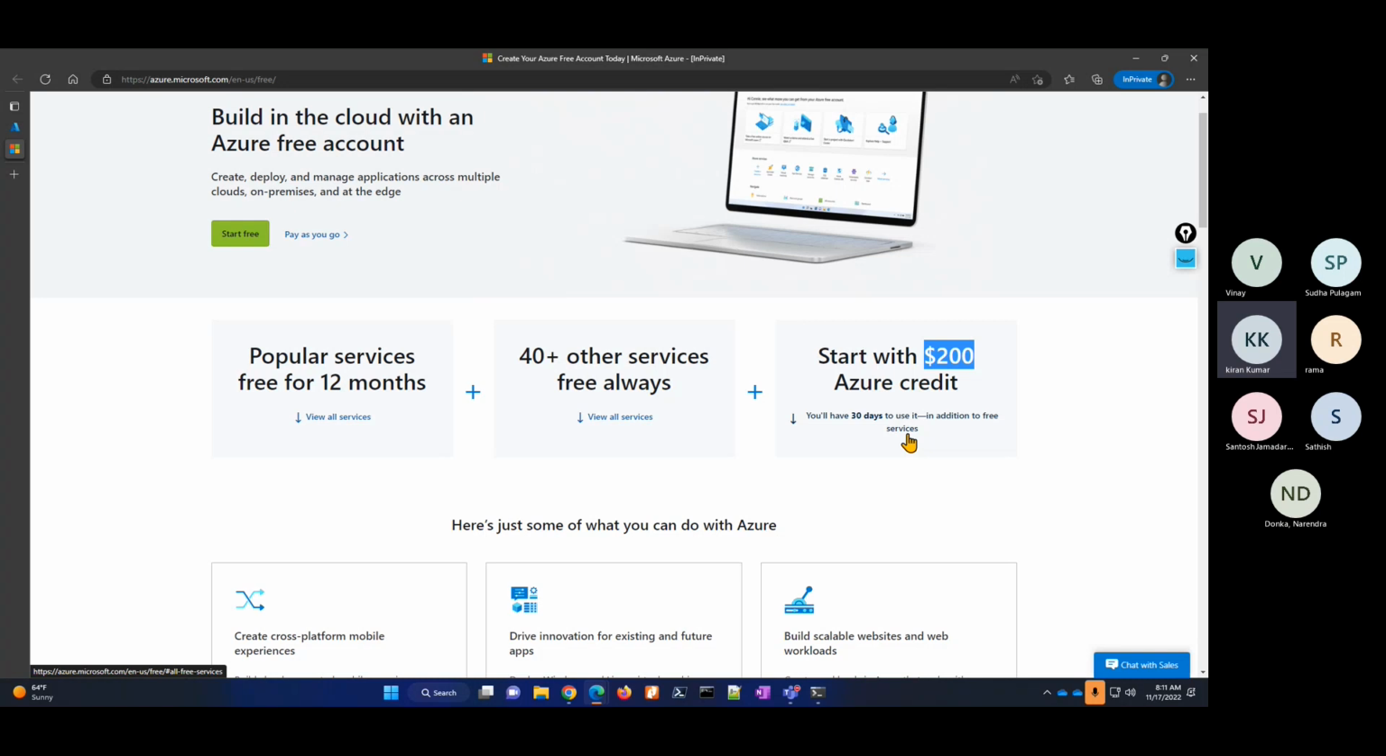In addition to free services, but mainly for our practice, this $200 is very, very important. This is valid up to 30 days only, guys. Within the 30 days, whether you utilize it or not, after 30 days it is going to